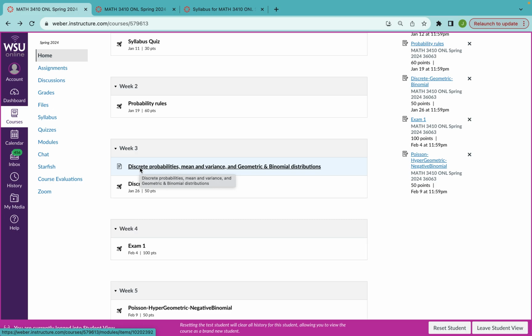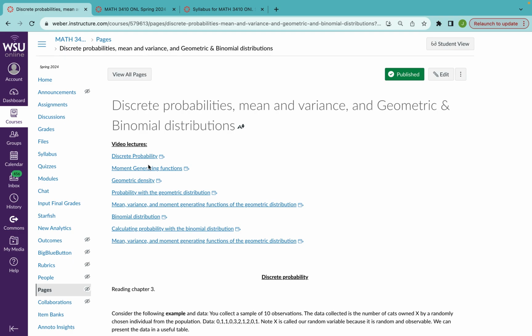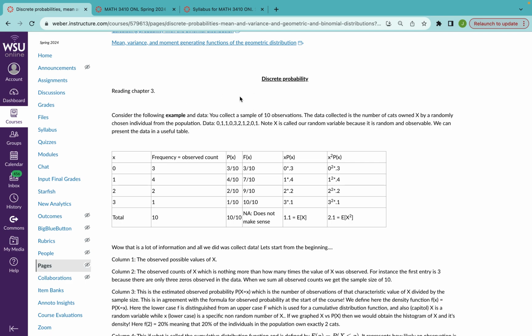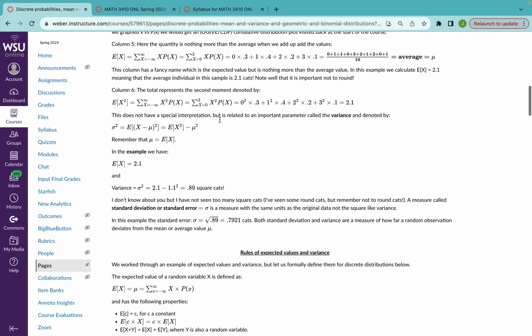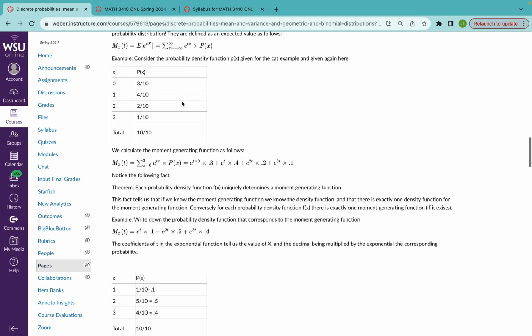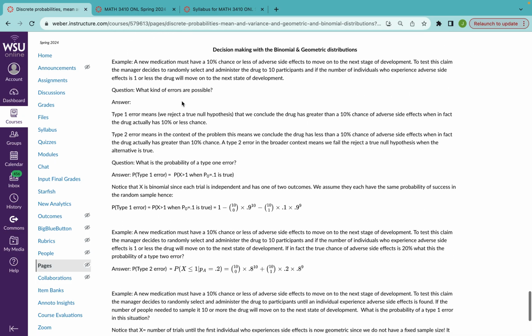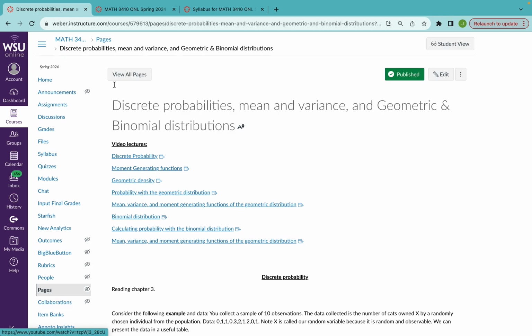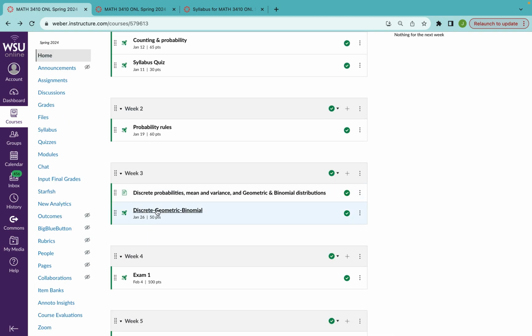And for some of the weeks, I was able to make some additional notes for that corresponding week. So for example, if you were to click on this in week 3, in addition to reading your textbook, I have some notes on discrete probability in this course webpage, and you can look at this, and it has some additional examples. Here, you can see it goes on, but you also have some video lectures. These are the same video lectures that you can access if you were to click on the corresponding quiz for that week. So for example, if you were to click on this discrete geometric binomial quiz,